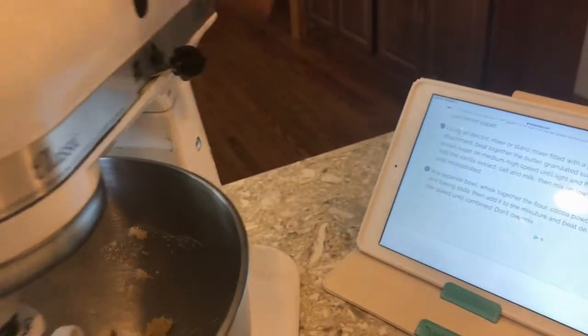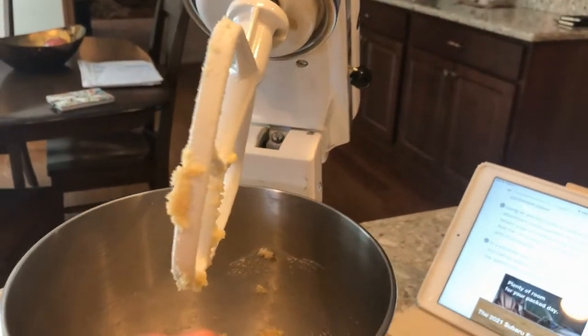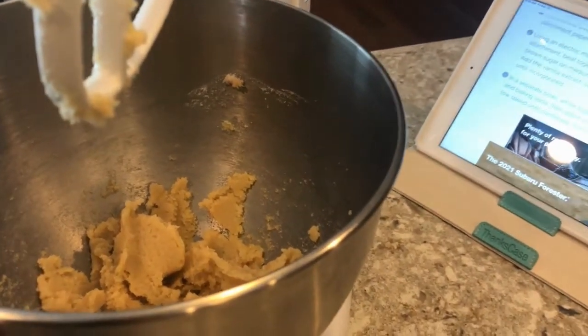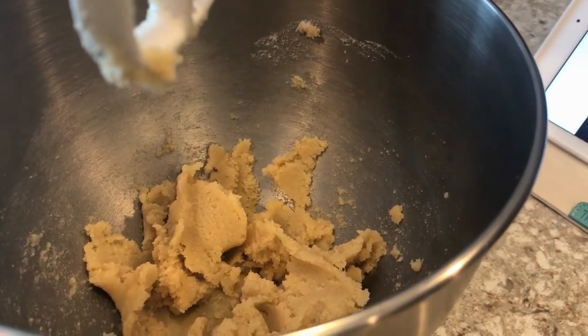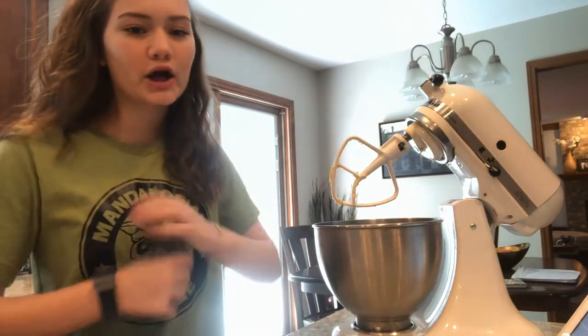Okay, so this beautiful, wonderful KitchenAid standing mixer has beaten the sugars and the softened butter together for a couple of minutes now. It's supposed to be light and fluffy. I mean, I think it's light and fluffy. Okay, now I am adding,